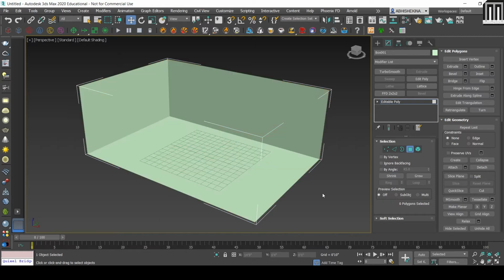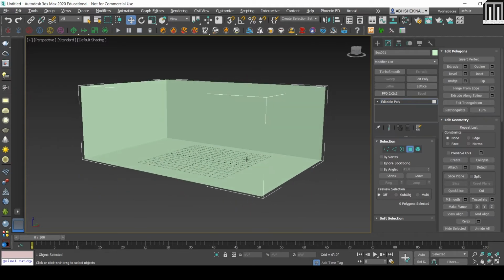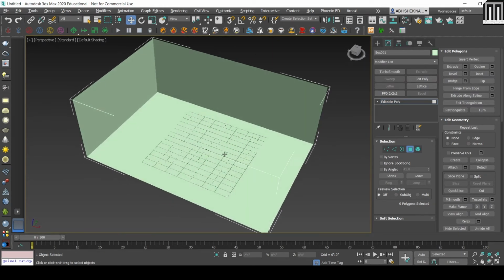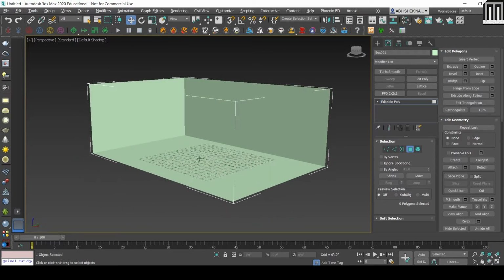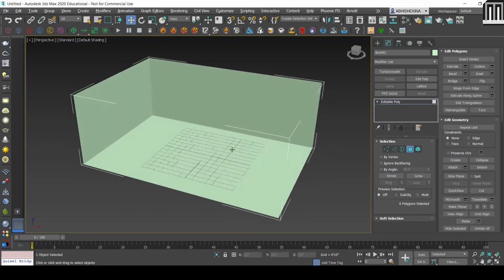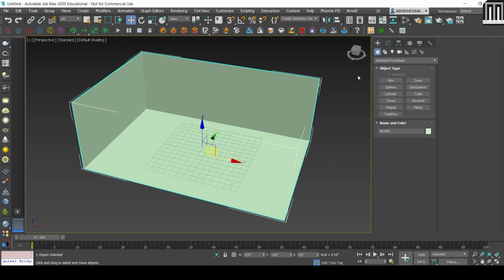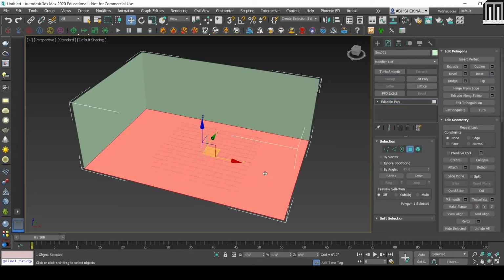Okay, now see, we can see the surface from inside, right? Because we are making a bedroom. So in this we have to merge, say cupboards, say beds, everything we have to import, right? So we have to see inside what is the space around. So no need to hide the walls or say flooring and then arrange it. Okay, so this is a very straightforward process. You can save a lot of time.